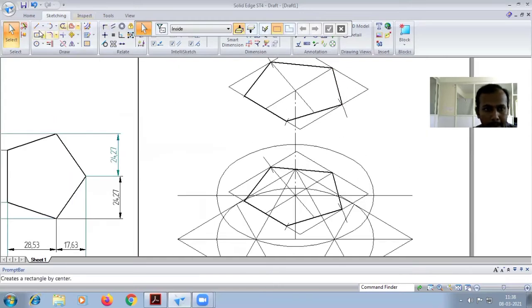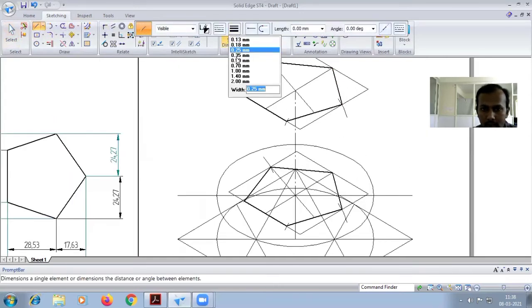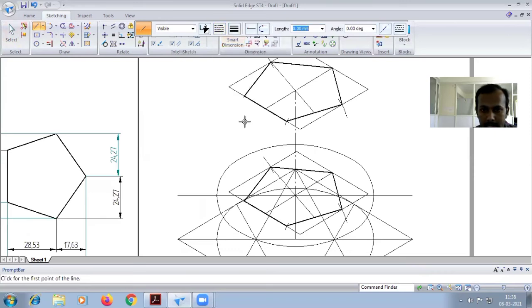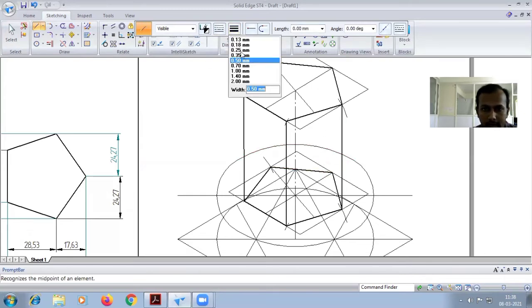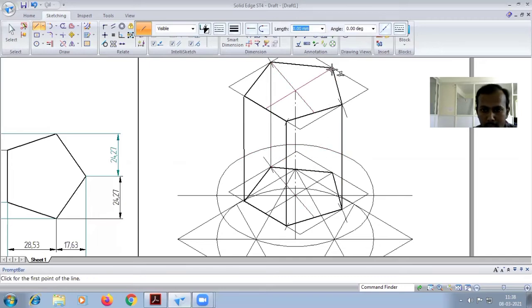Next, join the edges using 0.5 and a straight line. You will get the easy endpoints. These two edges are visible. The third edge is also visible. And the inside edge is not visible, so make it 0.25. Otherwise, you can trim this one. And you have to join the edges of the square block.